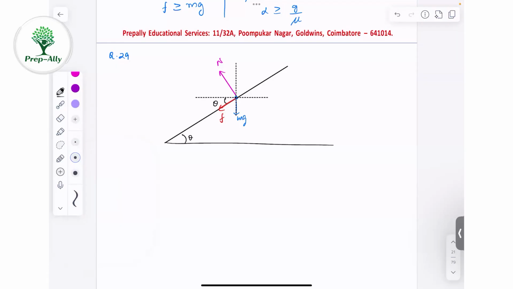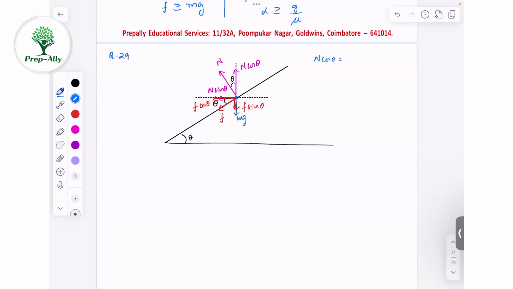This angle is going to be theta. This angle is also going to be theta. So if we take the components of normal reaction, we get one component here, n cos theta, another component here of n sin theta. Similarly, if we take components of friction, we get one component here, f cos theta, and a downward component of f sin theta. If the body is just in equilibrium, we can say that n cos theta is equal to mg plus f sin theta,